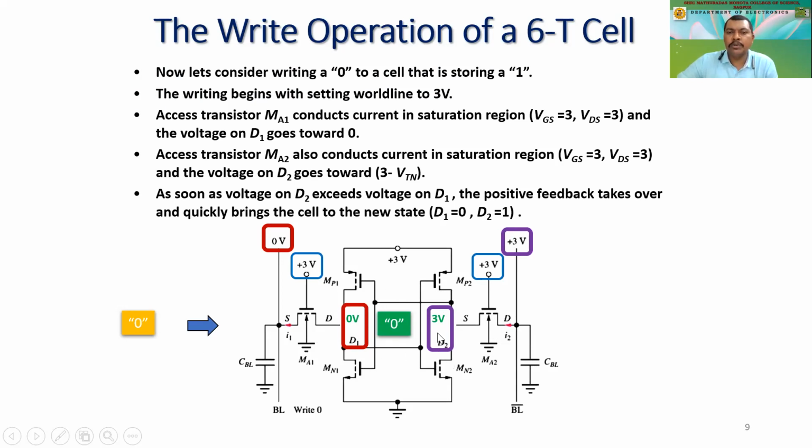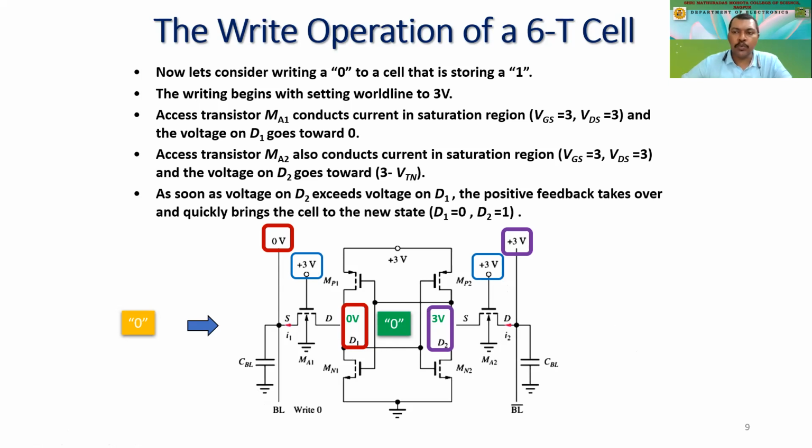So this is how 0 is being loaded by using this bit line and bit line bar. That is why we are having these two bit lines over there. Somebody may ask why we require two bit lines. Due to the bit lines, it is very easy to load the data, so the speed of transferring or writing the data in the bit cell becomes higher, right? This is how we are able to write the data into a cell.